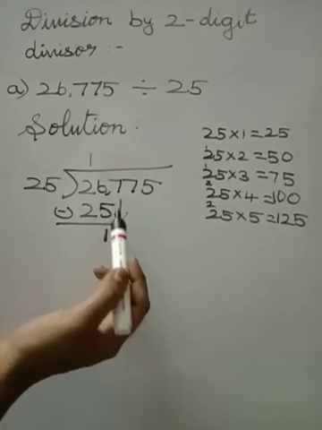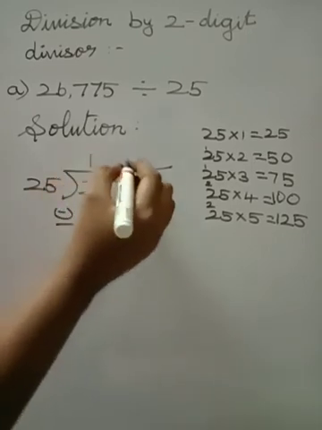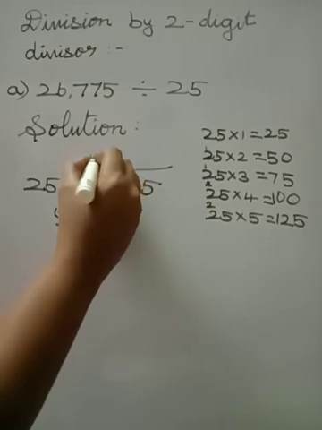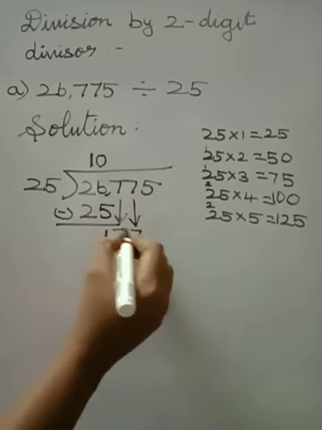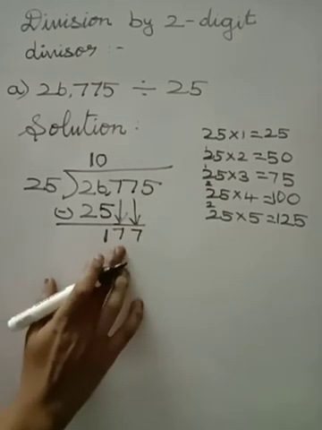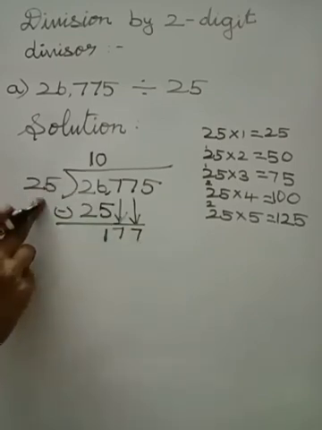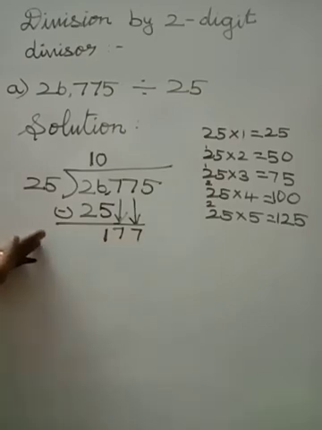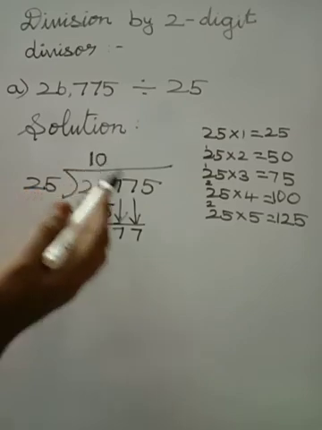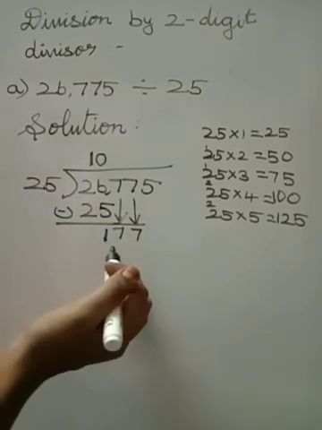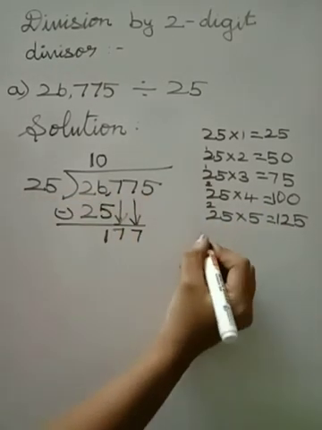But if you are bringing the next number also in the same place, a change happens in the quotient place. That is, you have to put a 0 in the quotient's place and then bring the number down. Okay? So to make it a bigger number, because only if it is the bigger number will it come in this table. Or we can take the nearest smallest number. So if the number is smaller, put a 0 in the quotient's place and then bring the next number. So it is 177. We have written only up to 125, isn't it? So we can continue it.